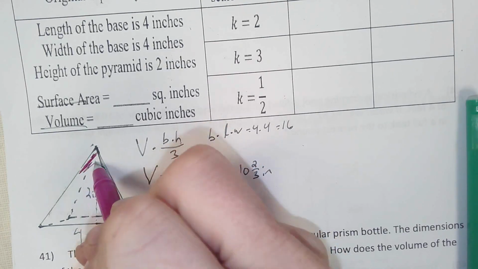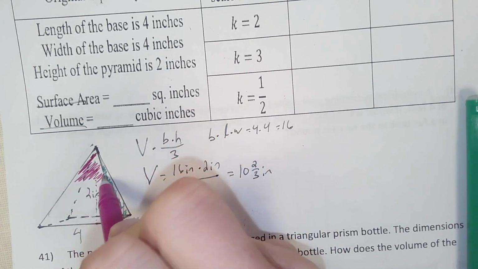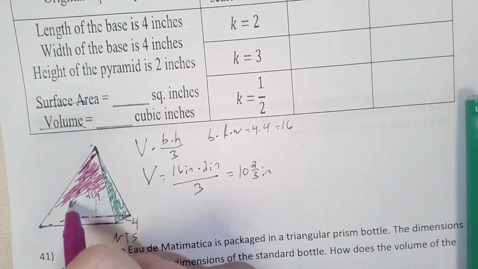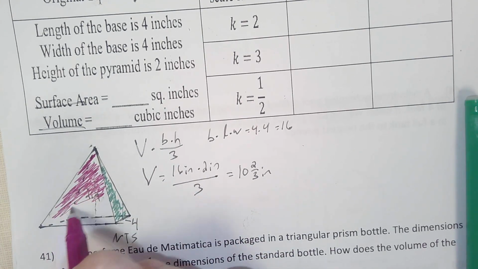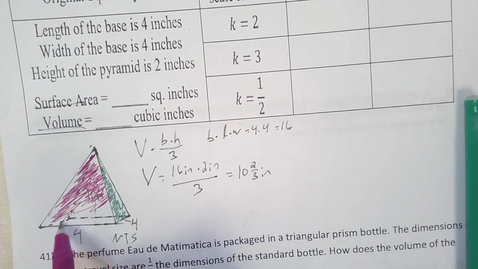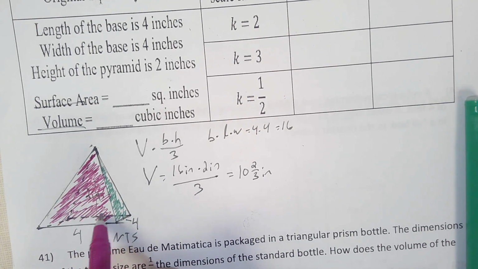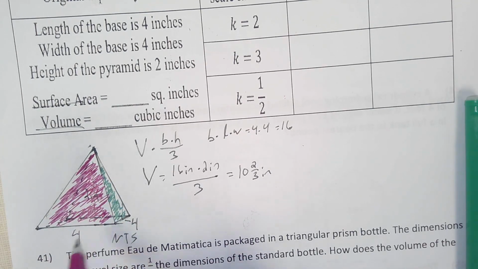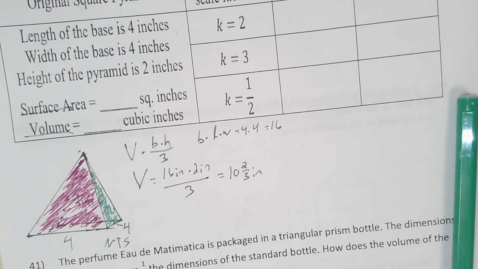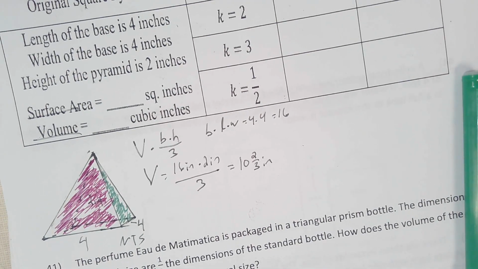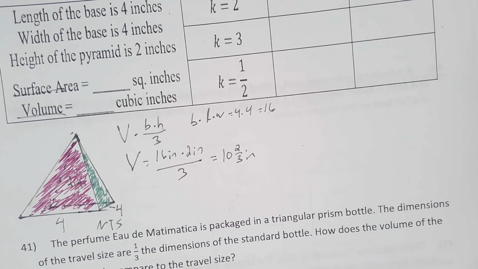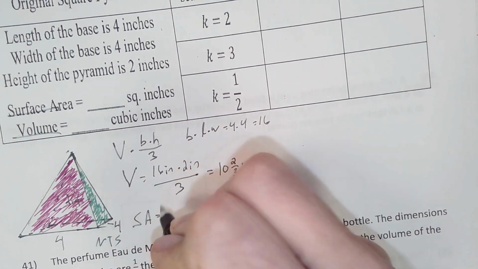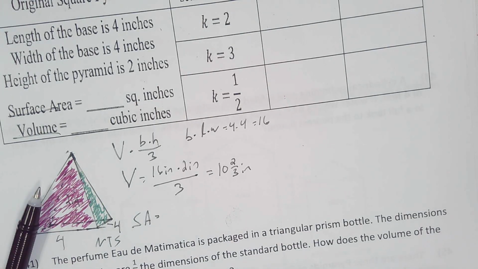I'm going to cover up all my good work, and then 2 of these triangles that make up the surface area. And the base, right? So the surface area equals